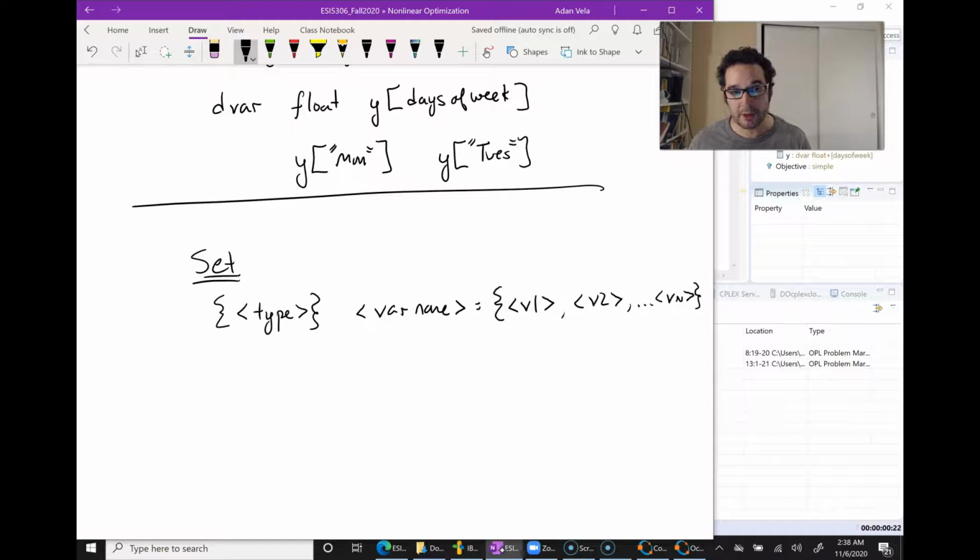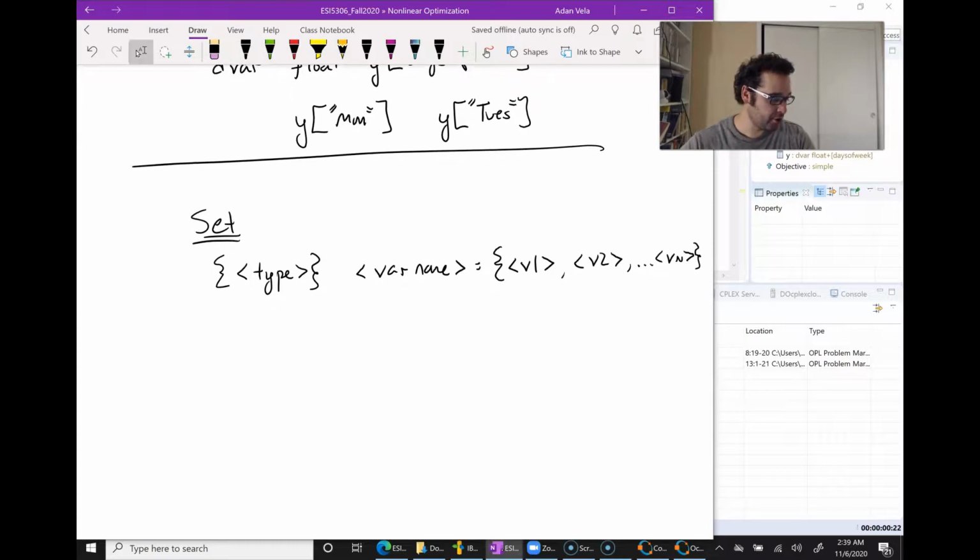Also, the neat thing about sets is we don't actually have to pre-size it. So when we were working with arrays, we had to say how big the array was. With sets, we don't actually have to define that. So that's pretty useful. The other useful thing about sets is that they can be constructed through a number of operations. So what do I mean by that? Well,